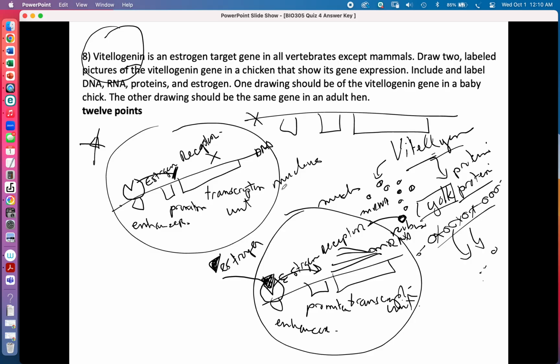Why don't mammals make vitellogenin? Because the egg is small. Why is the egg small? Because it's going to implant in the uterus and get nutrients directly from mom through the uterine wall and eventually